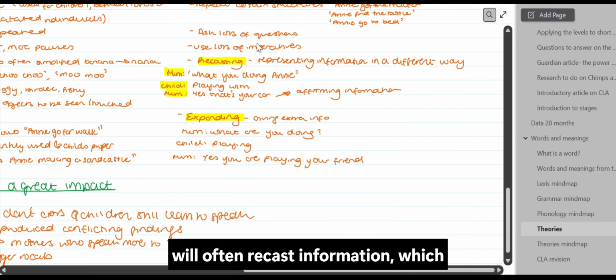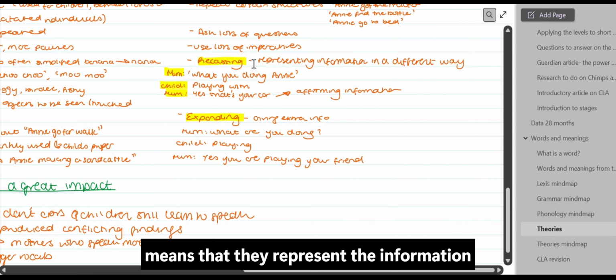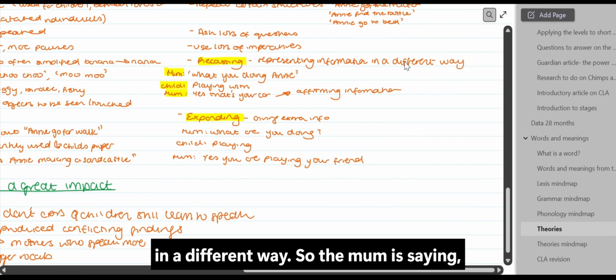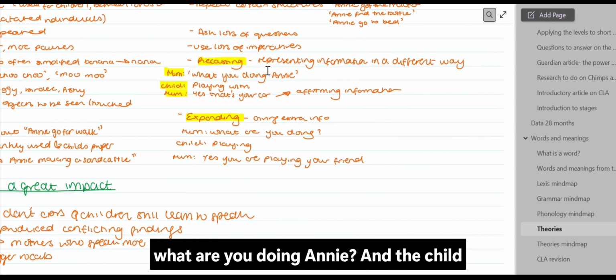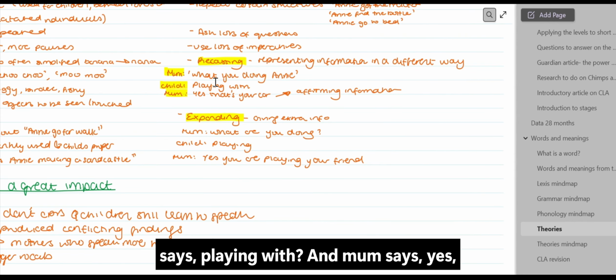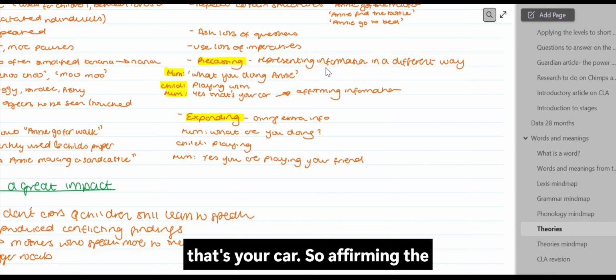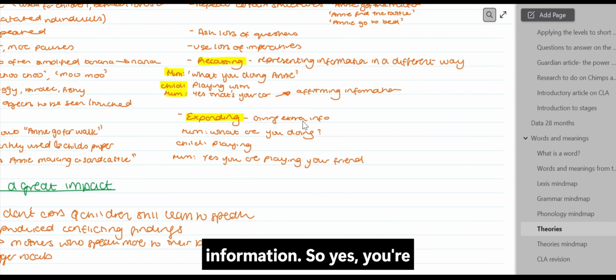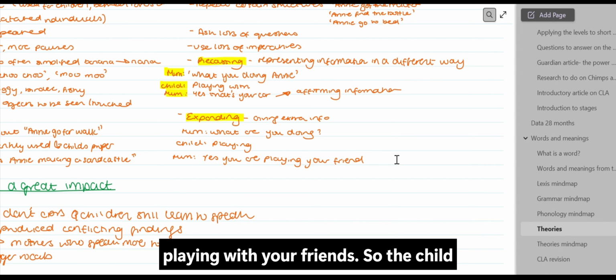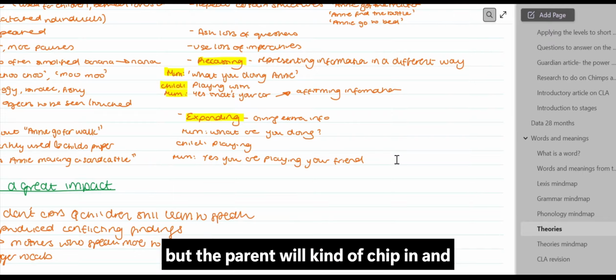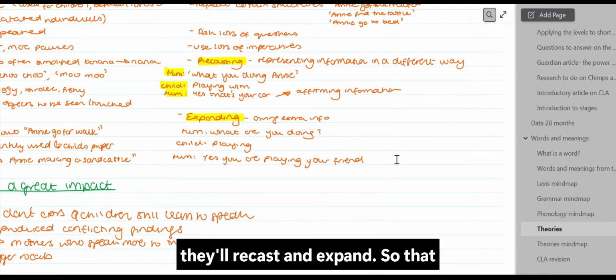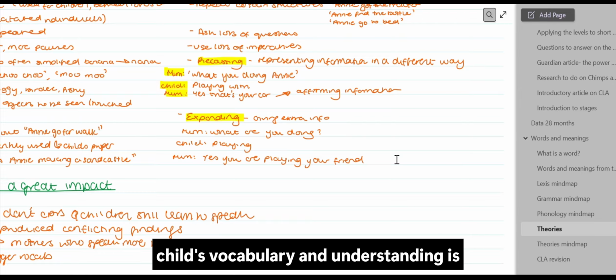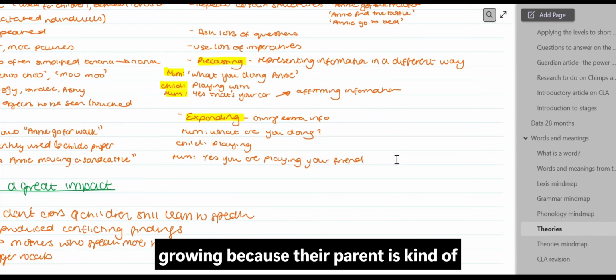And the parent will often recast information, which means that they represent the information in a different way. So the mum is saying, "What are you doing, Annie?" And the child says, "Playing with." And mum says, "Yes, that's your car." So affirming the information and then expanding, which means giving extra information. So yes, you're playing with your friend. The child isn't necessarily able to say all this, but the parent will chip in and recast and expand, so that the child's vocabulary and understanding is growing because their parent is scaffolding and providing